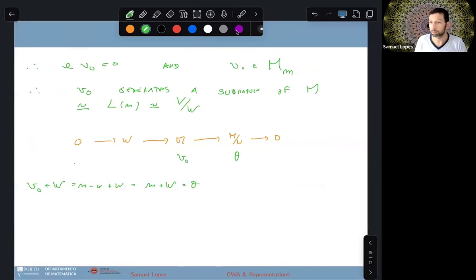So I constructed an element which, you might be confused, I started with an element which mapped to theta. That element might not have suited me because I wanted an element which was killed by E, and I didn't have this guarantee. So using what we've done before, I've replaced it with another one that's killed by E and has the same image, because I modified the original one by an element here, which is in the kernel. Okay, so now I've constructed